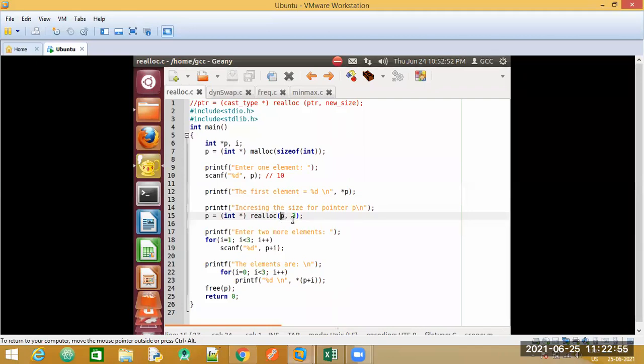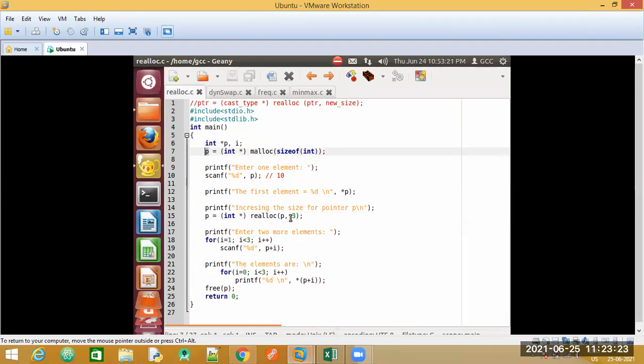Since I just have one block, I'm going to pass the same pointer variable, because I want to increase this memory size only. I need to pass the same pointer variable whose size has to be reallocated, or increased. Previously, this variable p had just one block of memory.